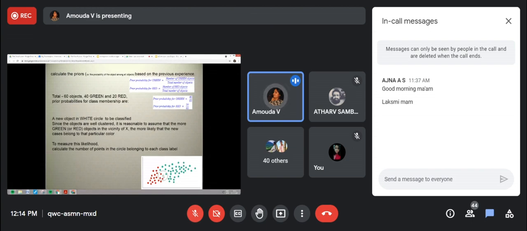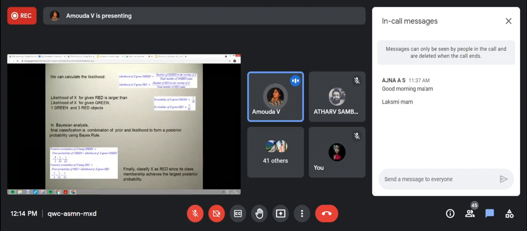Now we have to measure the likelihood of the new object X by calculating the number of points in the circle belonging to each class label. How many red are there? How many green are there? Now we have to see the probability of X given green and the probability of X given red.